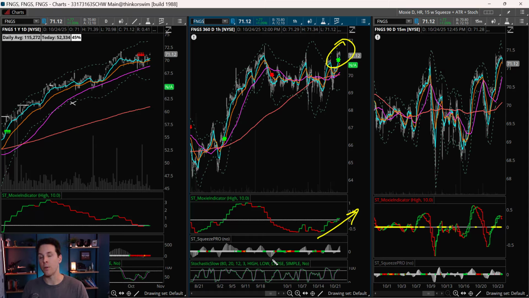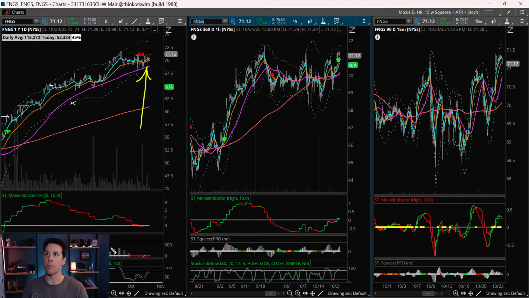This is why I use multiple time frames, because if you're only looking at one time frame, you're not seeing the whole picture. And if you're only looking at the daily time frame, it's going to be too slow, and you won't see the actual turn on these lower time frames, which is why I incorporate them. And you can clearly see we are getting bullishness on the hourly chart, even the 15-minute chart, which is something I pointed out to the Moxie traders.